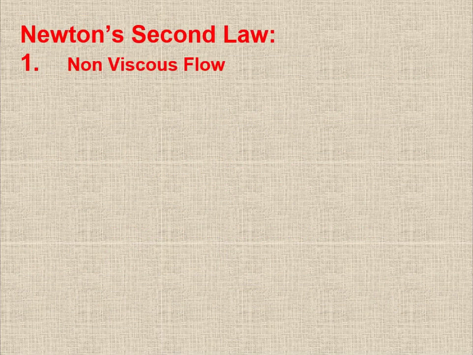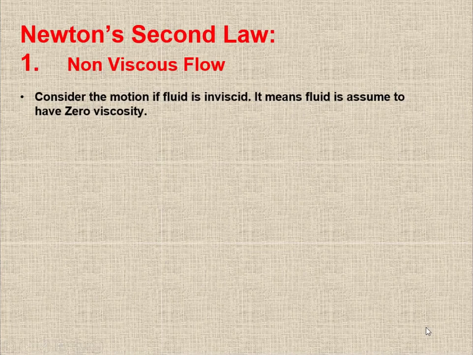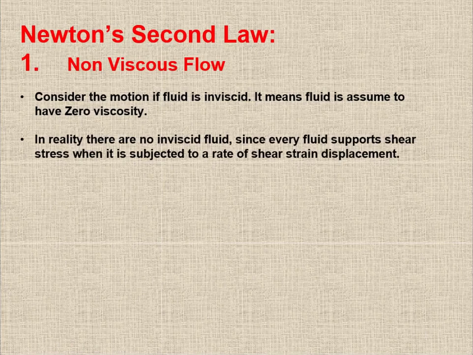The first consideration under the heading of Newton's second law is non-viscous flow. In this chapter we are going to make some assumptions to apply Newton's second law. The first one is that the flow is non-viscous. What does it mean? Consider the motion if the fluid is inviscid. It means the fluid is assumed to have zero viscosity. But we know that in reality there are no inviscid fluids,